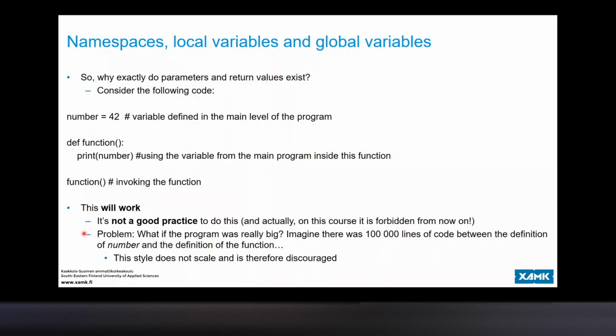Now, imagine all the rest of the code was between this line here, number equals 42, and this function definition. So in here were 100,000 lines of other code. So then